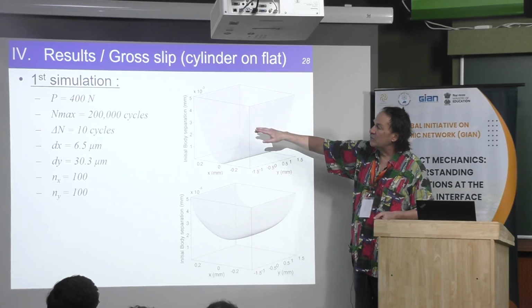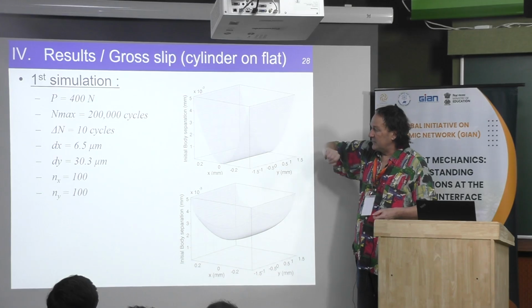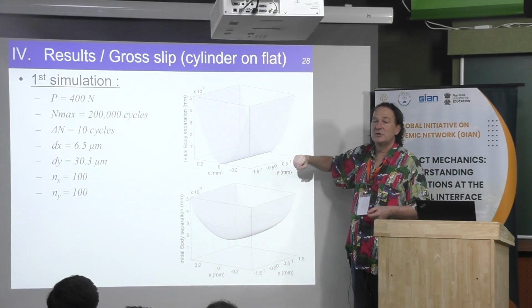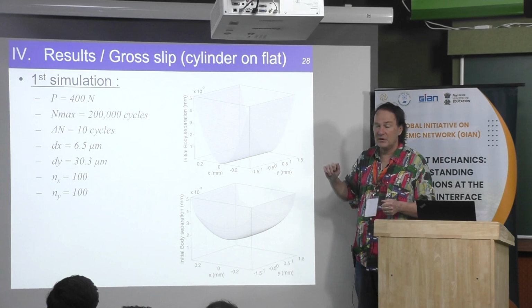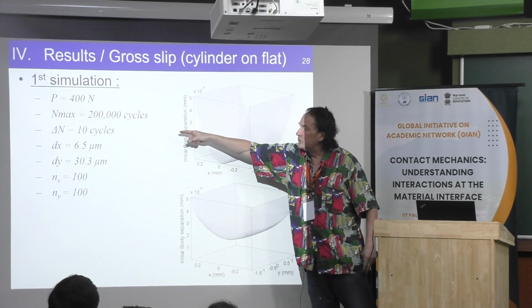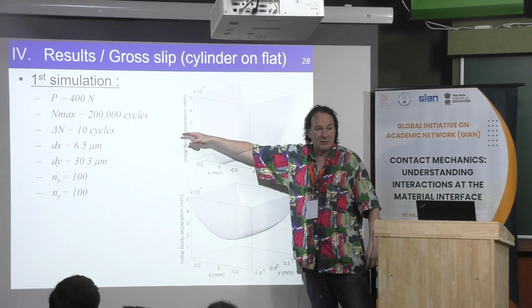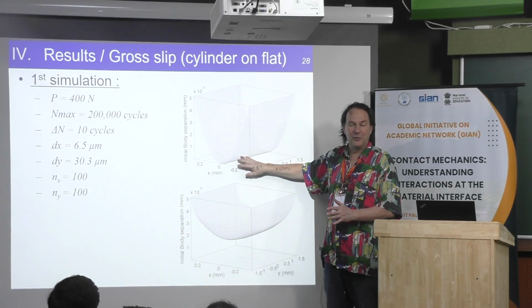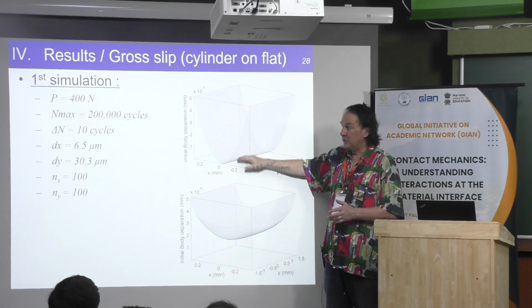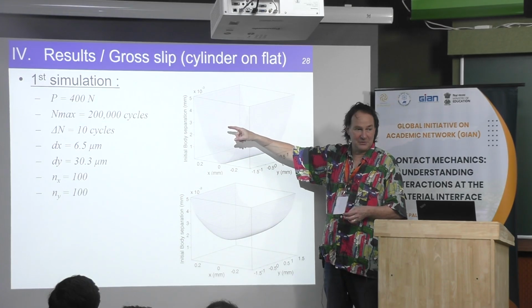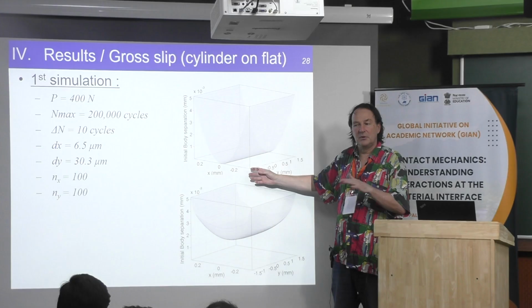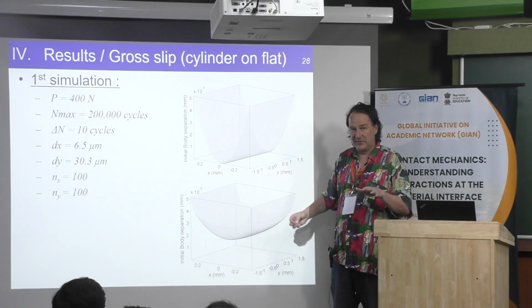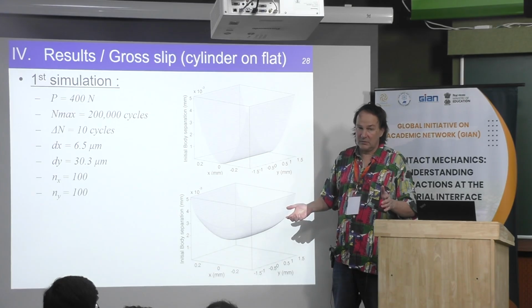Then this is a simulation. You can see the load on the top. There are 200,000 cycles, which is very huge, but we do not perform 200,000 simulations because we use a jump cycle technique. For example, here we impose a jump of 10 cycles. But anyway, for an elastic problem, in 3D, we can perform 20,000 cycles of wear. There is no problem. Because here it is also in gross slip, there is no coupling between tangential and normal effect. It's purely elastic. It can be very, very fast.